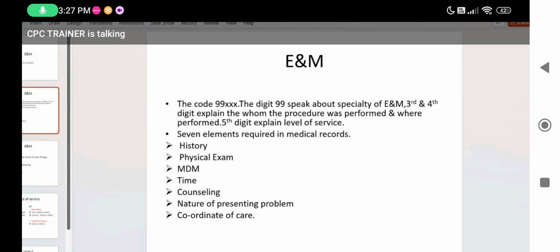The book guideline says seven elements are required. The coding guideline says one is enough. You may be thinking, sir, we have to follow only the book, right? So how do we go with only the coding guideline like that?